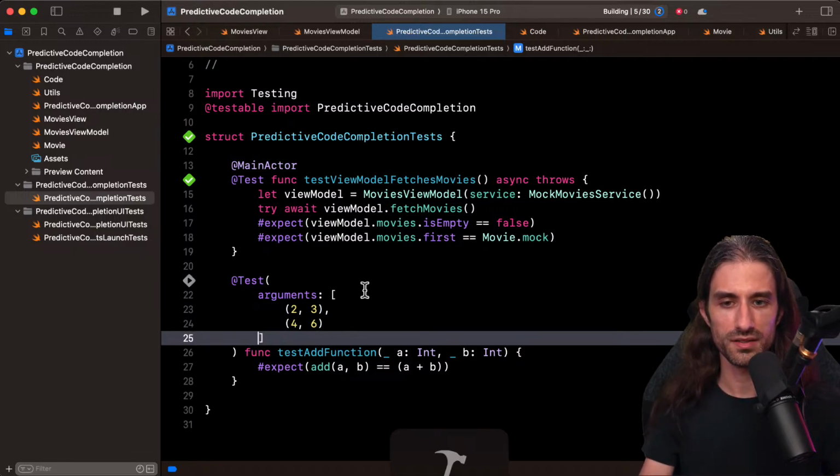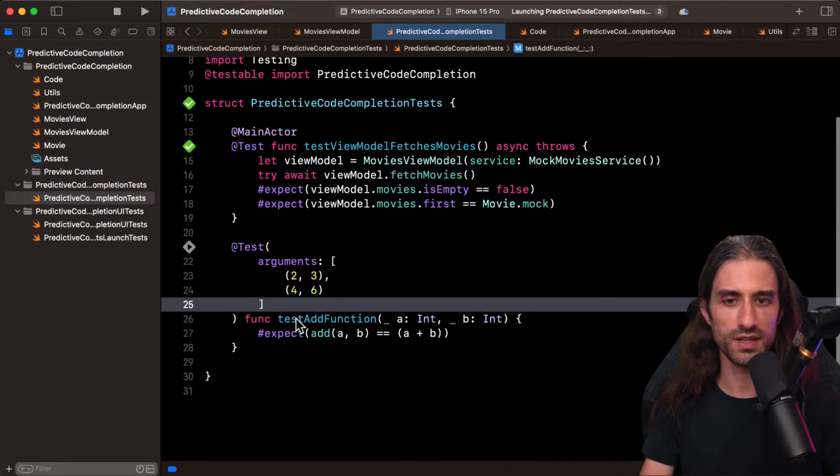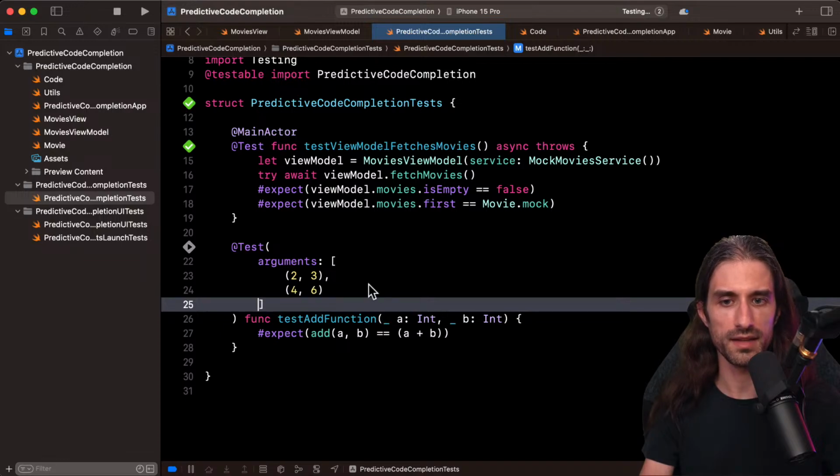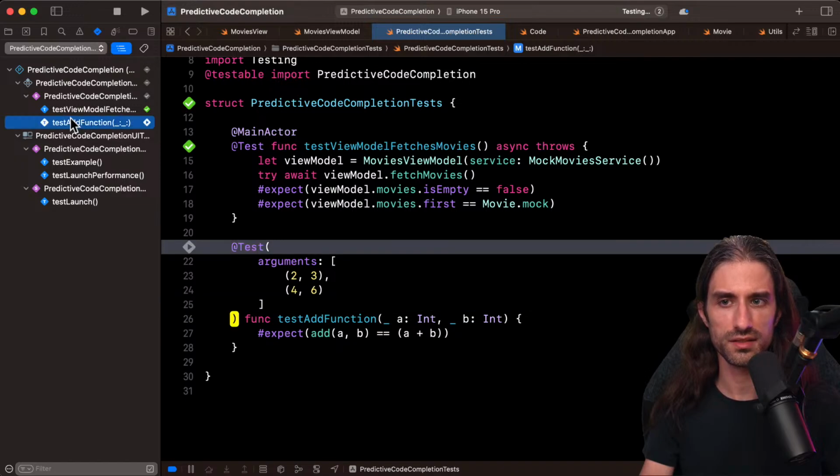Is it going to build? So normally, if it works as I think it should, it's going to run the test 2 times. The first time by plugging the values 2 and 3 for A and B, and the second time by plugging the values 4 and 6 for still A and B. And I should see 2 instances of the test being run.